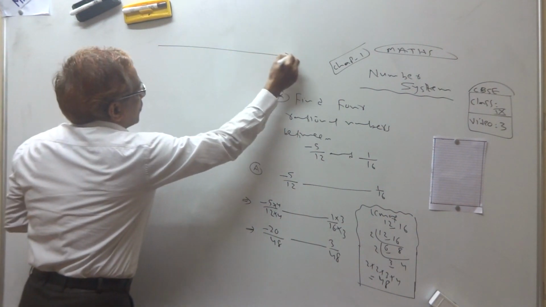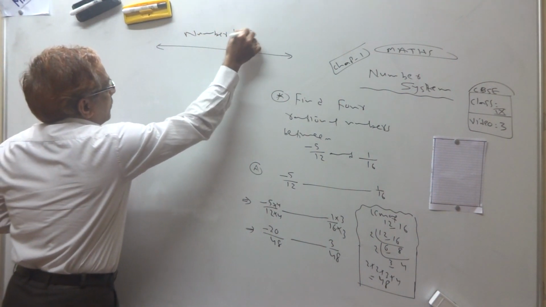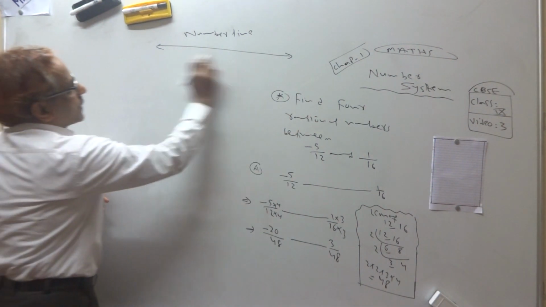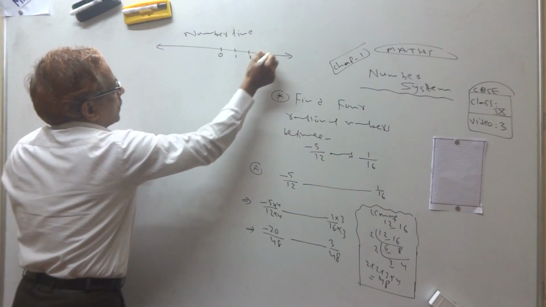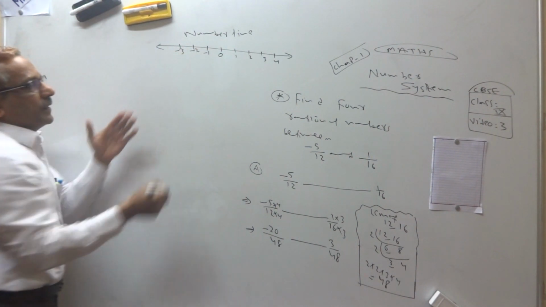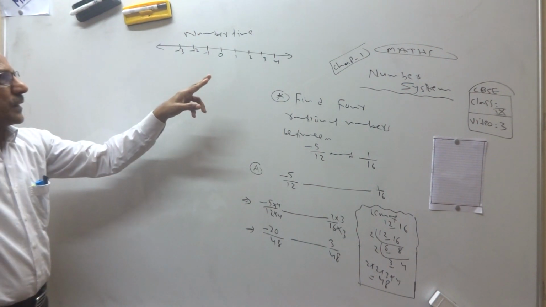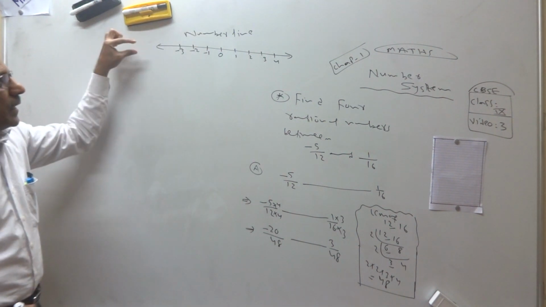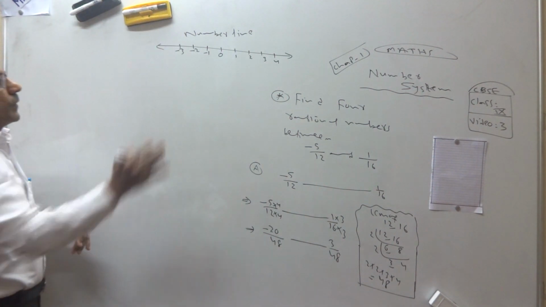This is actually a number line. Whenever you have to decide rational numbers, you just take this number line as a side note: 0, 1, 2, 3, 4, -1, -2. If you see here, all integers are there: 0, 1, 2, 3, 4, 5, 6, -1, -2. On the number line we write just integers. This is a line of integers, or real number line, or number line.